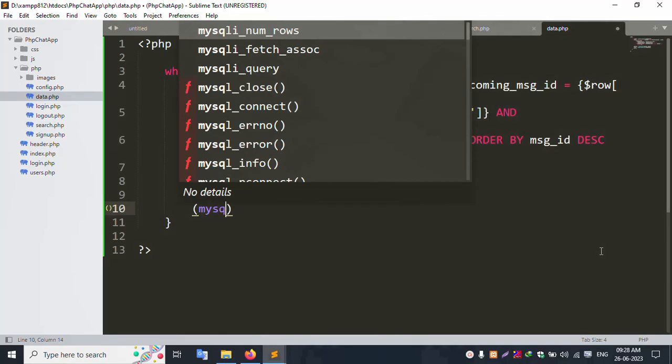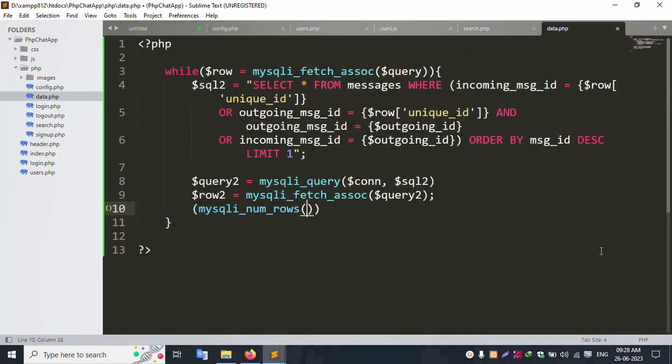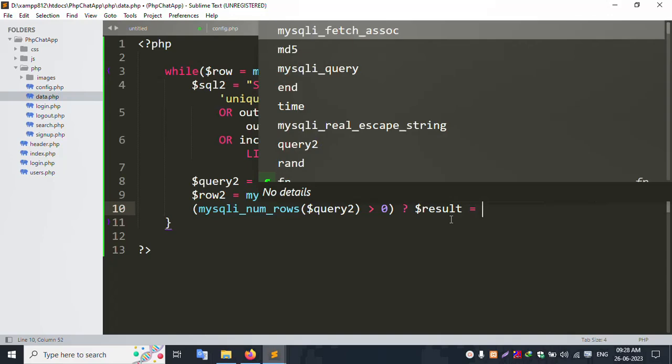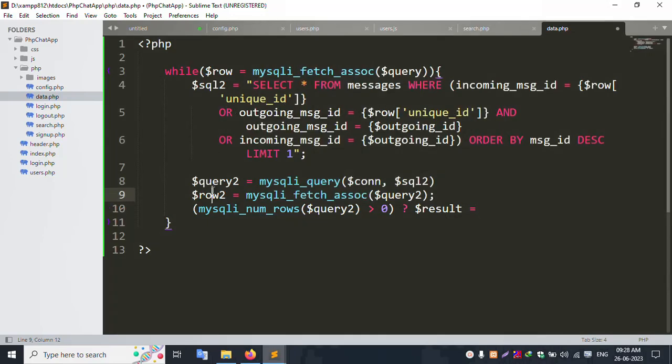MySQL number of row this query 2, copy this name and to $result, new variable create $result row2, copy $row2